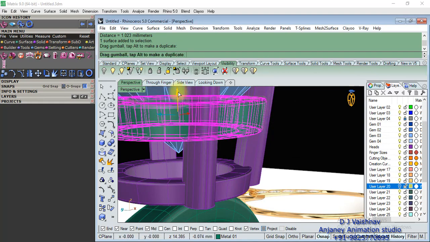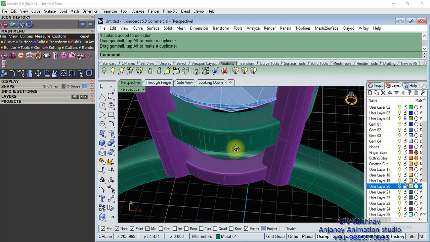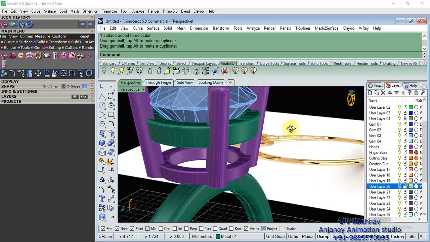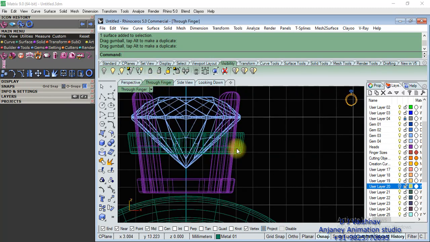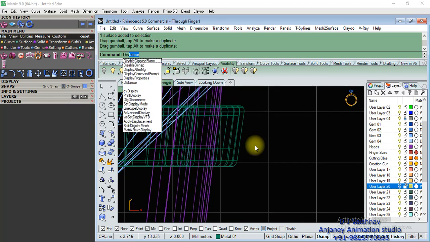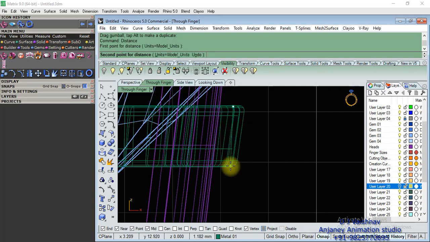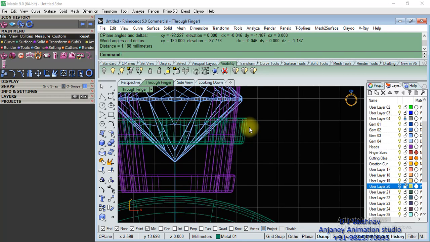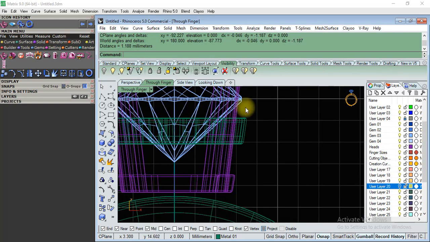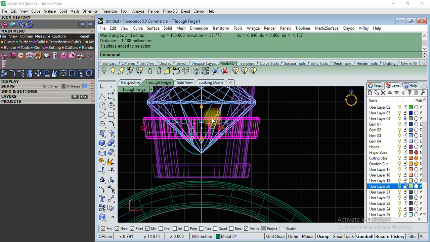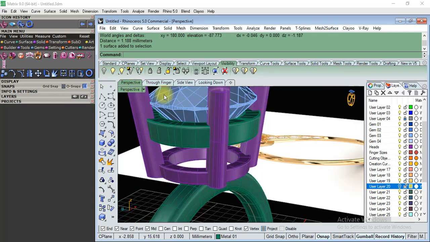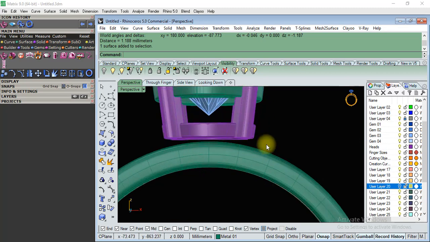and move it a little bit downward because it should not intersect with the diamond. So now we are going through finger view and specifying distance. It's now 1.18, so we are going to use a 0.9 mm diamond, or we can also use a 1 mm diamond because we have proper space inside. And now we are moving to the bottom. Okay, bottom profile is okay, bottom rail is okay because we are not going to paste our diamonds there, but